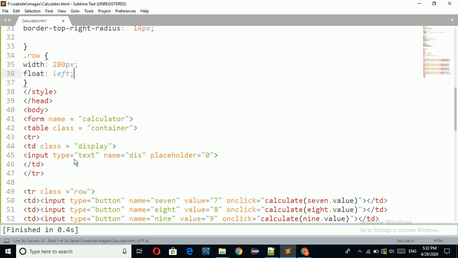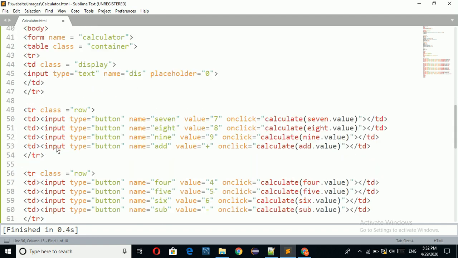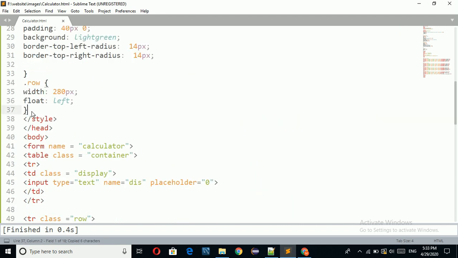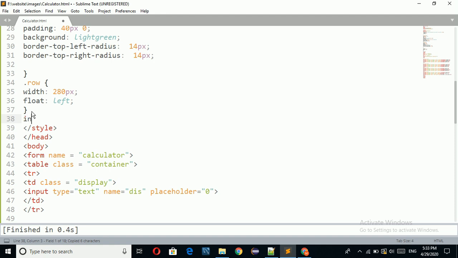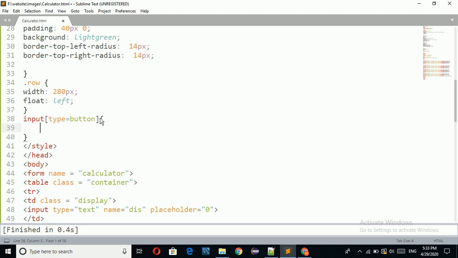Now I am going to apply CSS for these buttons. Input type equal to button. Now I am going to apply CSS for this button.